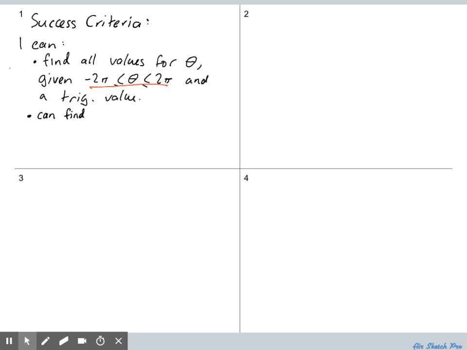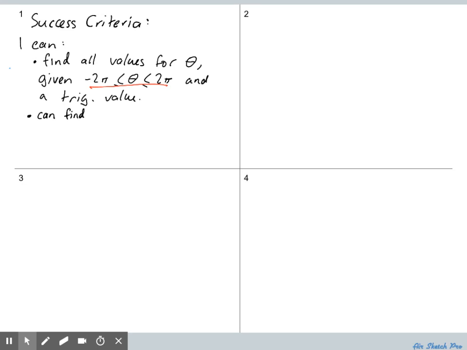So there's the first success criteria there. Let's go back into full screen. So we're going to look at negative rotations as well, and trig values. And the second thing we're going to have a look at is, by the end of this lesson,